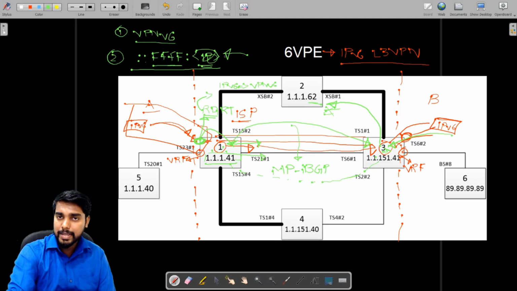The remaining stuff remains the same. The internal BGP configuration, everything is the same. The new twist is with the next hop, and the new addition is a VPNv6 family between the internal BGP of NPT number 1 and NPT number 3. The PE-CE links at site A and site B still remain the same, and you have your end-to-end 6VPE setup, and a ping from router number 5 to router number 6 will confirm that your 6VPE service is up and running. And that's all you need to know about the 6VPE concept.